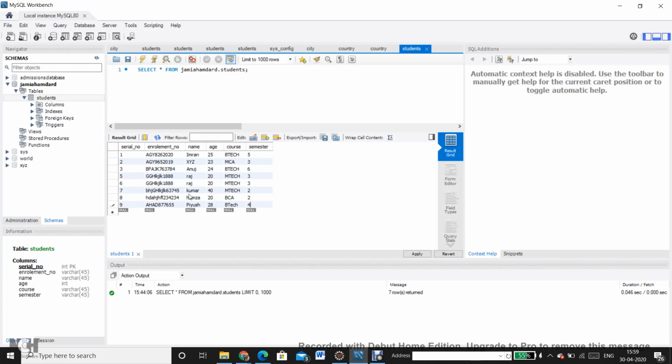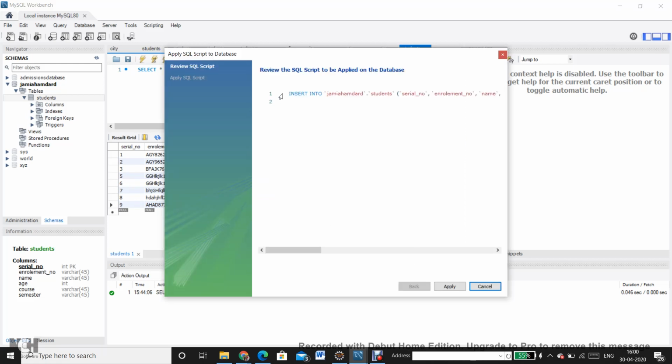So I am doing it from the workbench, and whatever I do from the workbench, this action will be translated to a SQL statement, and the same statement I can use for my Java code as well. As soon as I say apply, I will see a SQL statement generated. Insert into Jamia Hamdard, which is the name of the database, dot students, which is the name of the table, and then serial number, enrollment number, name, age, course and semester.